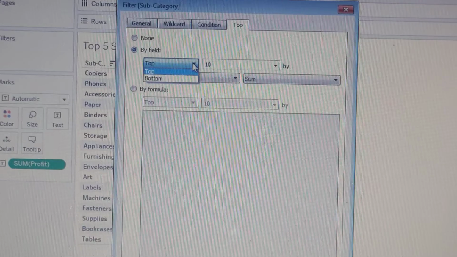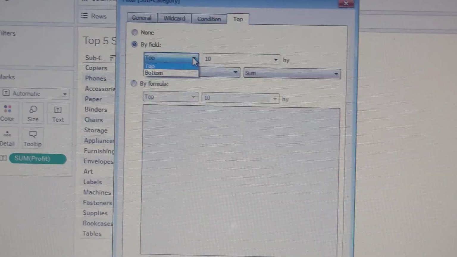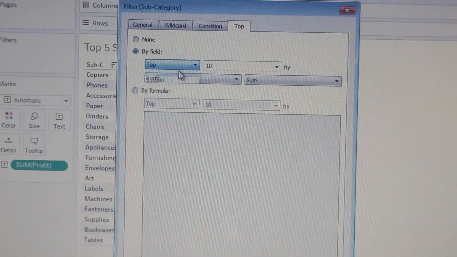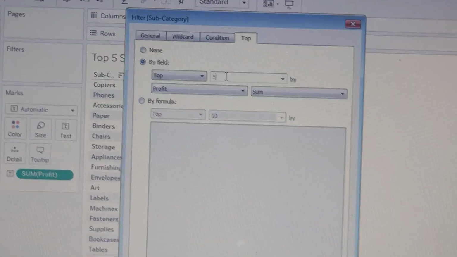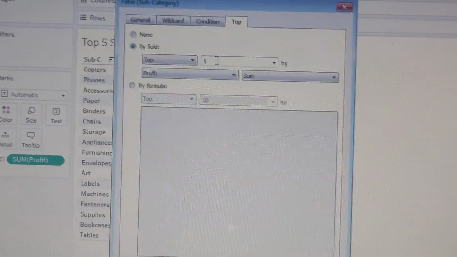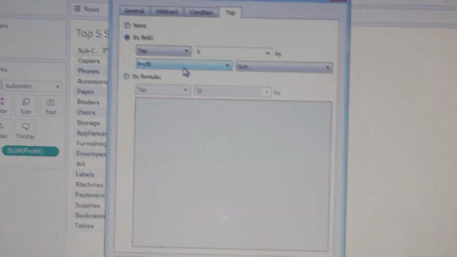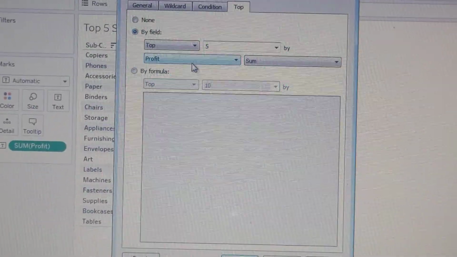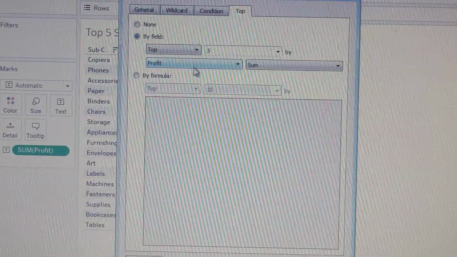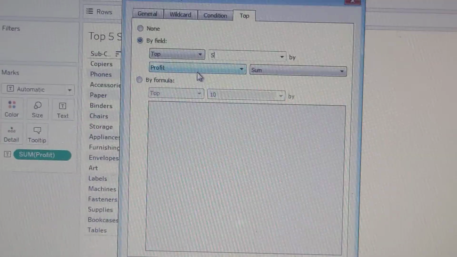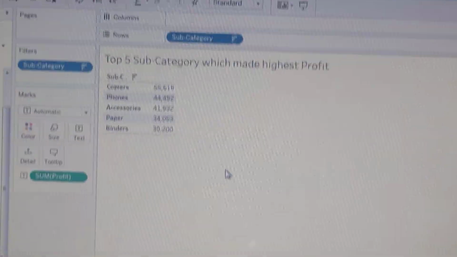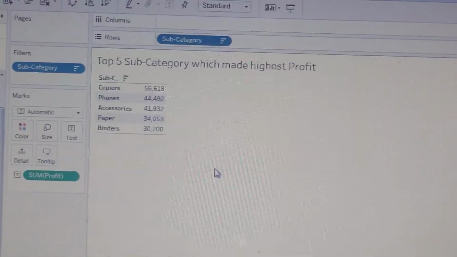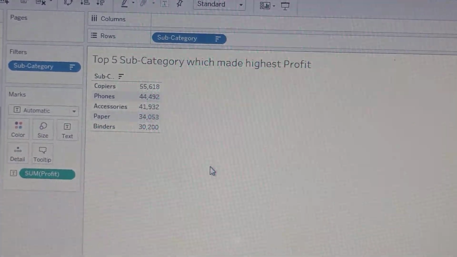So what we want to show, top or bottom, we need to show top, so select top here, and we can write 5 because we need to show the top 5, and we need to show profit by sum. So select here, already selected profit sum, and just click on OK. Now we can see only the top 5 subcategories in our view.